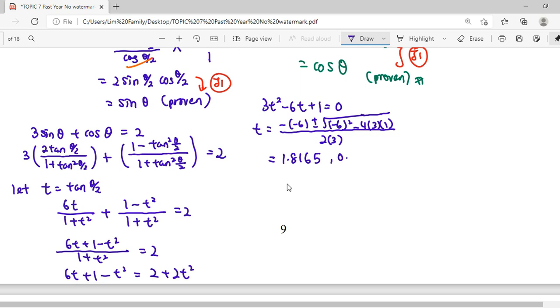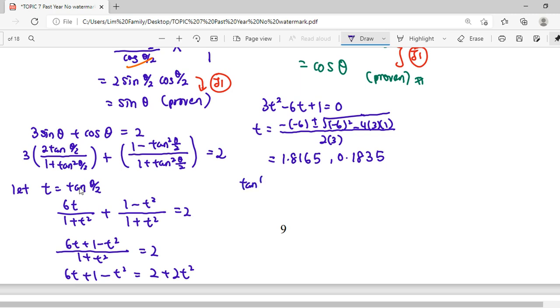So we have 1.8165, another is 1.835. I give more decimals, I give 4 decimals. Later, finish the working first, and only for the final answer we round off. So once we get our t, it means we get our trigo already. So our trigo now,